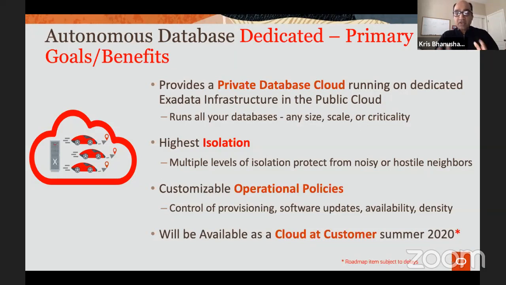You have certain controls of operations. So you decide when a patching operation occurs, what version gets deployed. You choose the schedules, but you don't actually do it. You make those choices, and the automation and the machine learning and the operations staff of Oracle make sure that that activity happens seamlessly on your database.